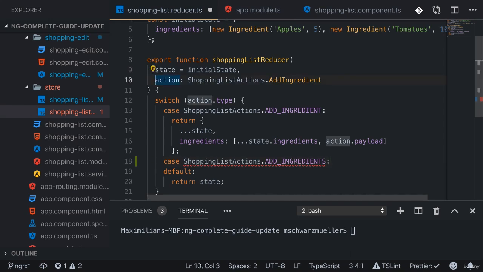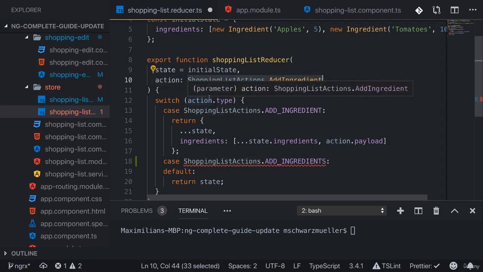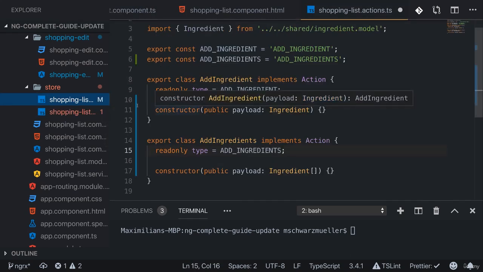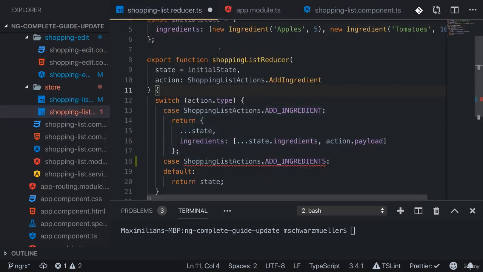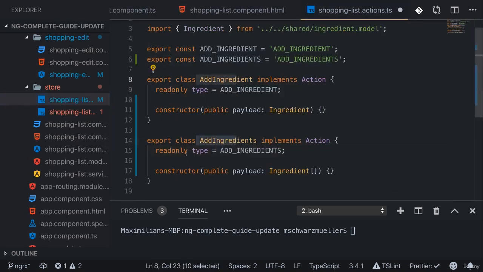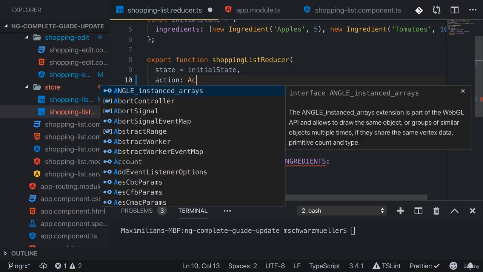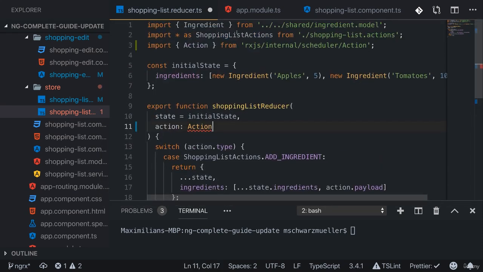Keep in mind that we tell TypeScript that the action type of the action we're getting in the reducer is shopping list actions add ingredient. Now that was true when we only had this action, but now we have two actions. And we can't tell whether the action that reaches this reducer is actually the add ingredient or the add ingredients action. Now what we could do is we could fall back to the more generic action interface, which we can import from